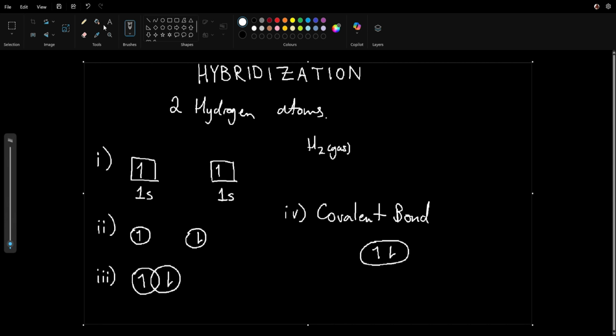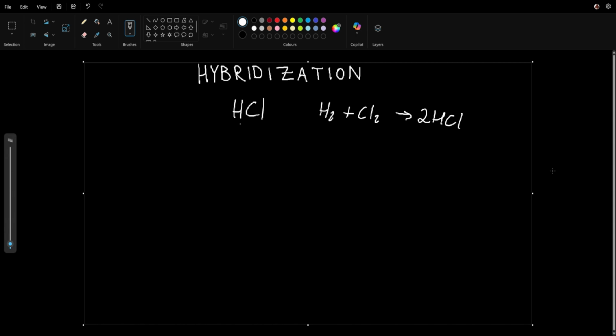So pretty much any unfilled orbital, like we have here with the two 1s's, right? Because they're both unfilled, they can overlap with any other unfilled orbital. So for our second example here, we're going to be looking at hydrochloric acid, or HCl. So basically, HCl is formed in the reaction between hydrogen gas and chlorine gas, to make HCl,